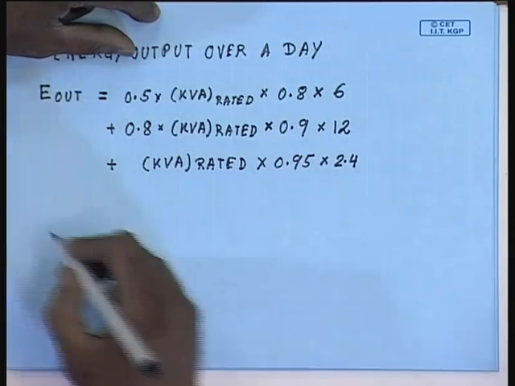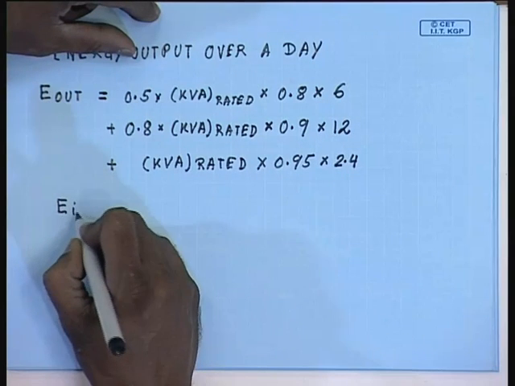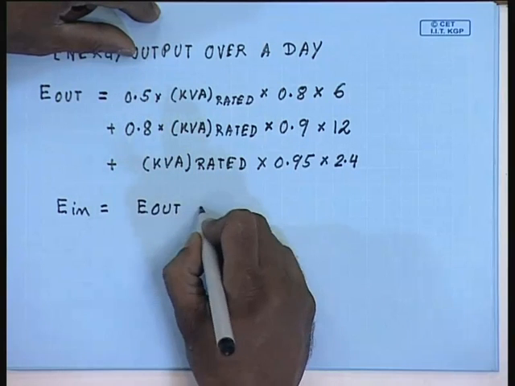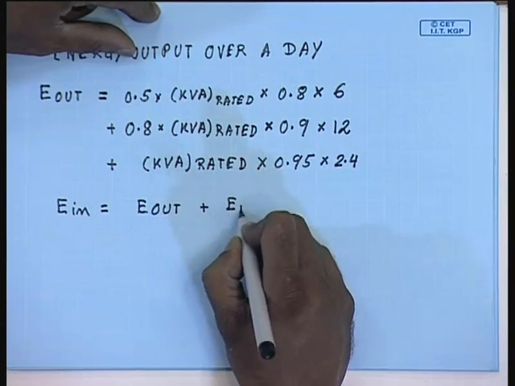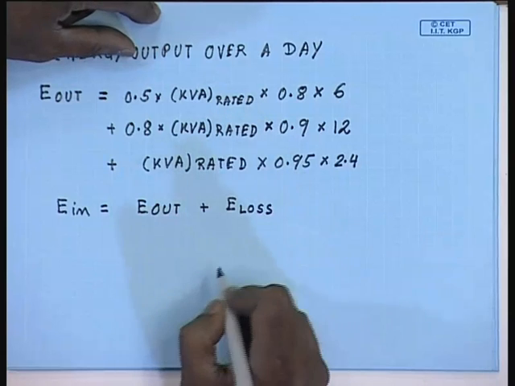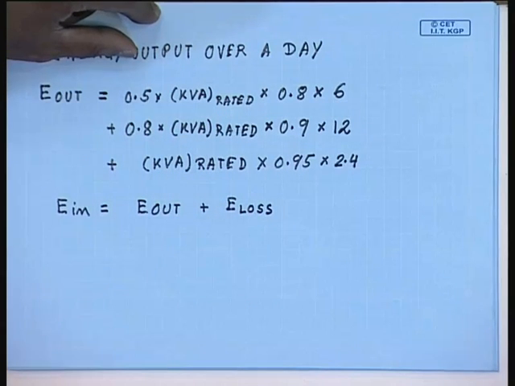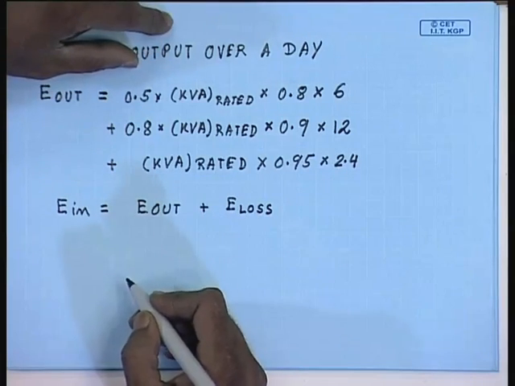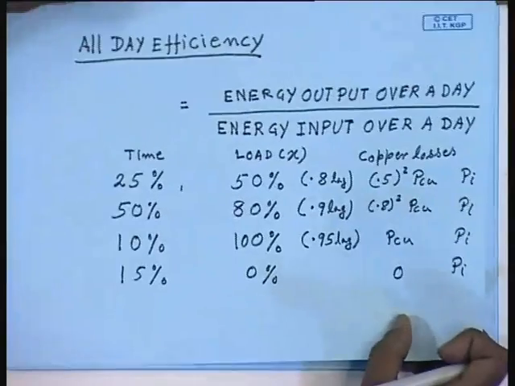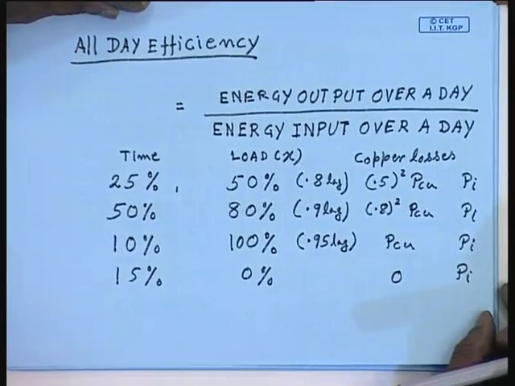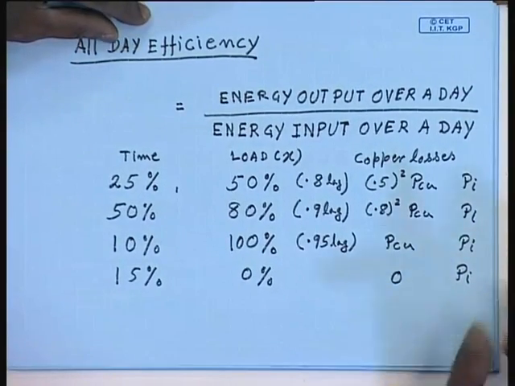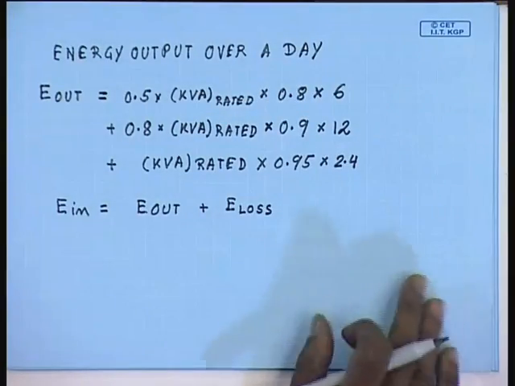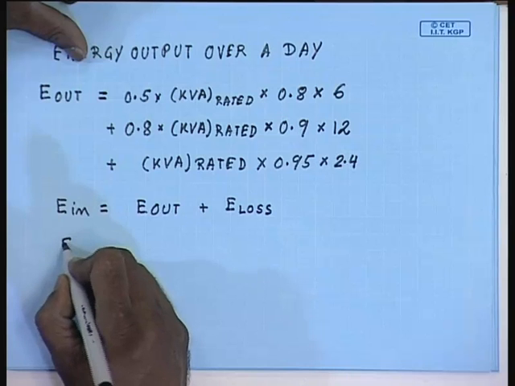What is the total energy input? E in is equal to E out plus E loss. How do I calculate the losses? Losses we can find, since we know that the core loss remains constant at any loading and the copper loss is given by these values. So, total energy loss is E loss